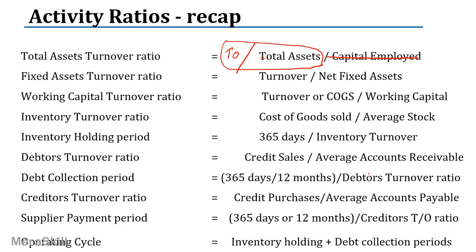The creditors turnover ratio is with relation to the purchases. Don't make a mistake there. Credit purchases by the average accounts payable, and you could also compute the supplier payment period. You also have the operating cycle, and you have something called the cash cycle, which is nothing but the inventory holding period plus the debt